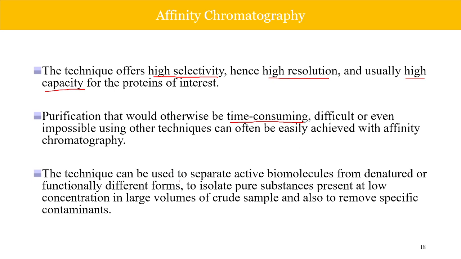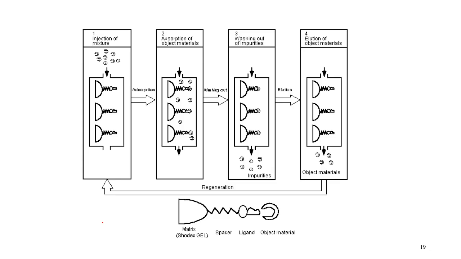And also it is used to separate active biomolecules from your denatured or functionally different proteins. It will also help you to isolate pure substances which are present at low concentration in larger volumes of crude sample, and it also helps to remove specific contaminants, because those contaminants will not be having any kind of affinity, whereas your protein would be having. So this is the principle of your affinity chromatography, you can say,